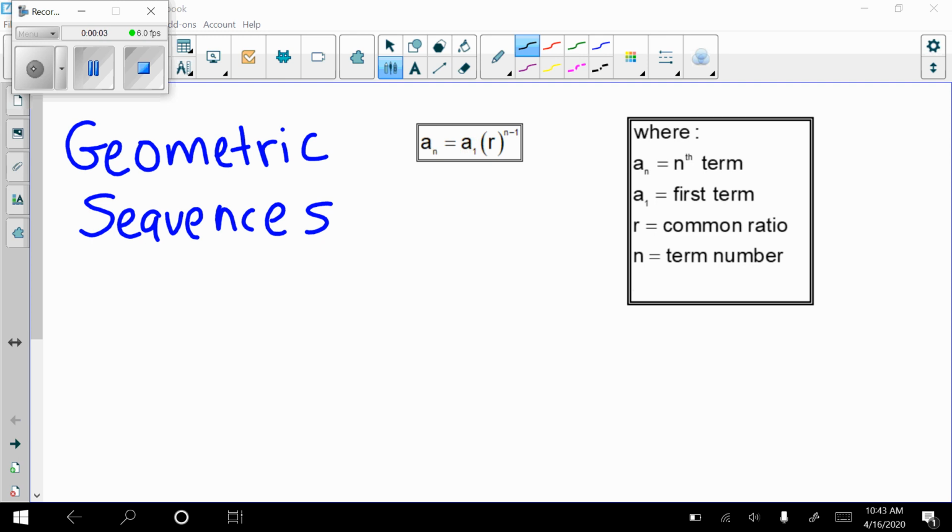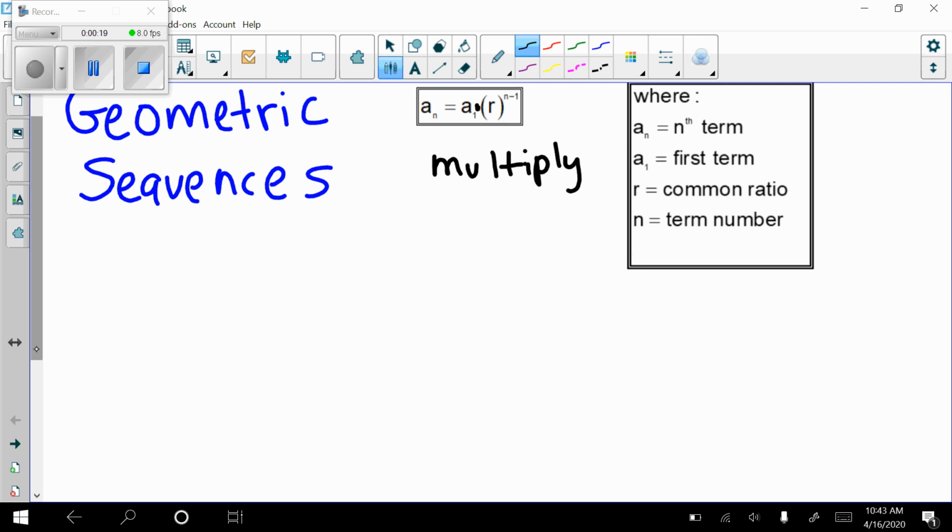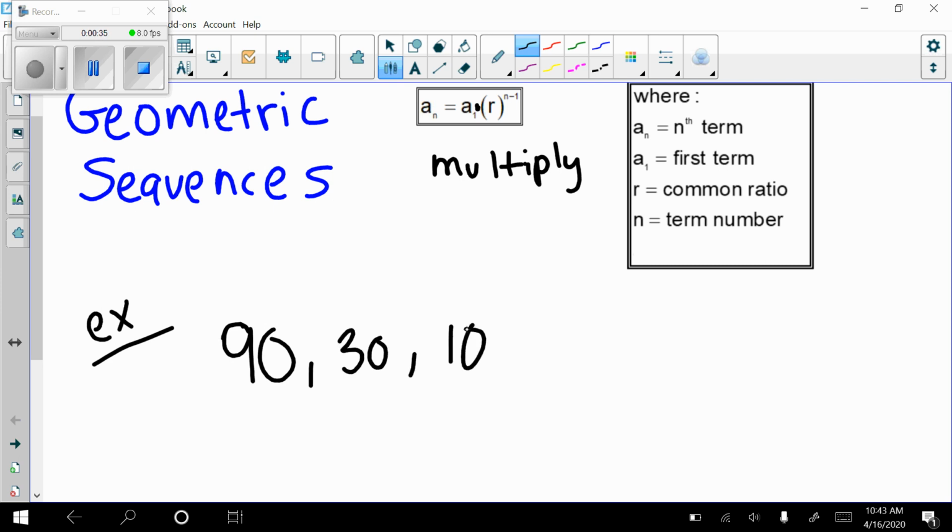All right, so still in geometric sequences, remember that it's geometric because we're multiplying now as our pattern. I just want to show you a couple more examples, keeping with the same thing, but the pattern's going to look a little different. For this example, the sequence starts with 90. It goes to 30, then 10, then 10 over 3, and 10 over 9,